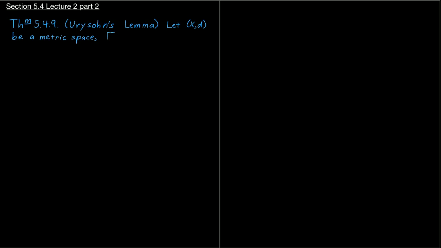And we're going to let F and D, they're both subsets of X. They are disjoint. And F and D are both closed. Then there is a function